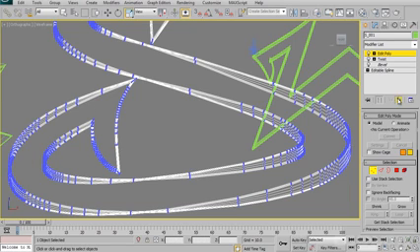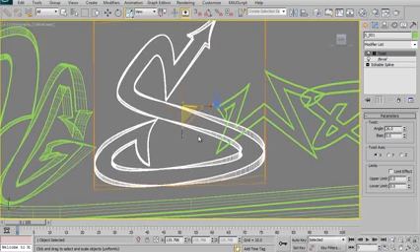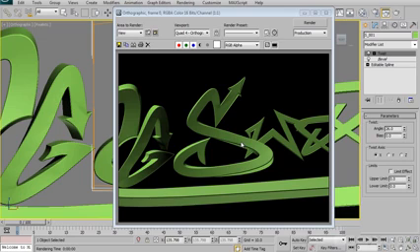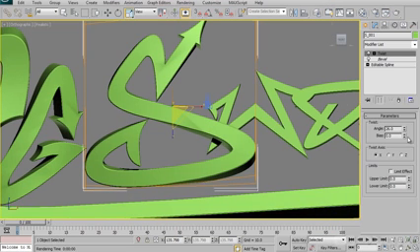So I'll just get rid of that edit poly. I just wanted to show you that, because when you're working with this sort of stuff, if I do a render there, you will see there's a little tiny shadow line through here, and I'm getting a couple up in here as well. So you've got to be careful when you start to pull these modifiers in, that you're not going to destroy